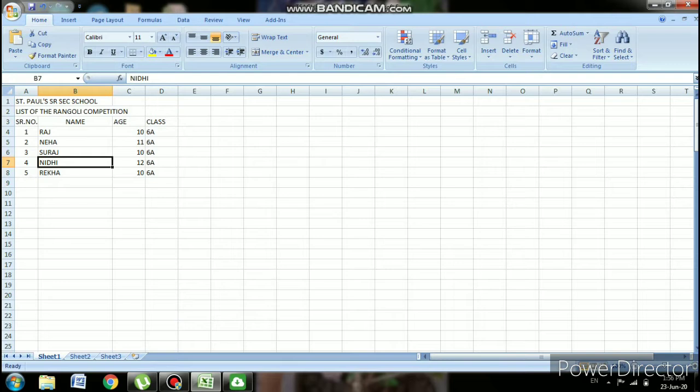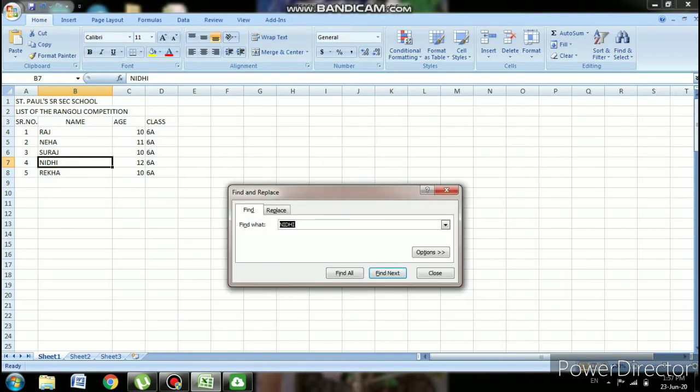Now another option is there. I want to replace Nidhi with Neha. So again I will press Control F. Here replace is given. Click on replace. I want to change the name Nidhi into Neha. Otherwise Neha is already there, so I am writing another name, Rekha.